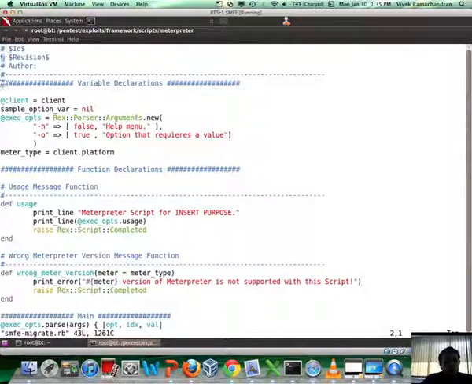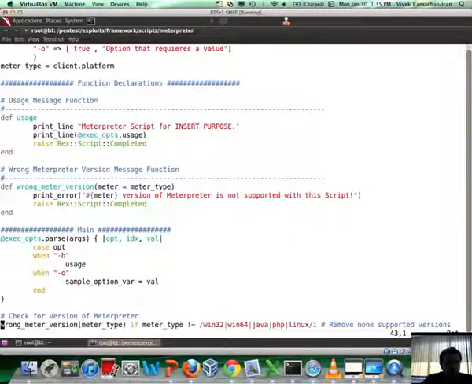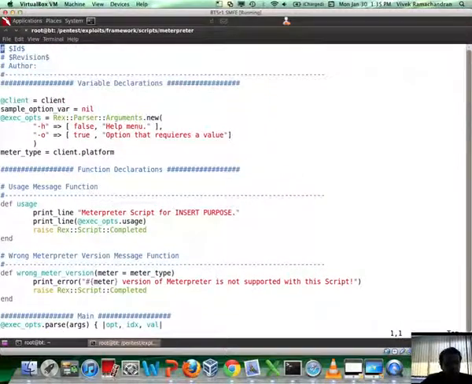Now when you open up the template file, you will notice there's a ton of stuff in there. Let me take you step by step through what we need to do, right? Our script requires an input. What is the input? The PID of the process we want to migrate into. Now let's not worry about ID and revision, which is more for bookkeeping. Let's just call this SecurityTube SMFE, right? Now client here is basically the client interface which allows us to do what we did on the command line in the previous video.